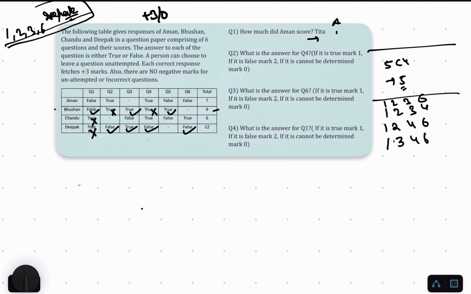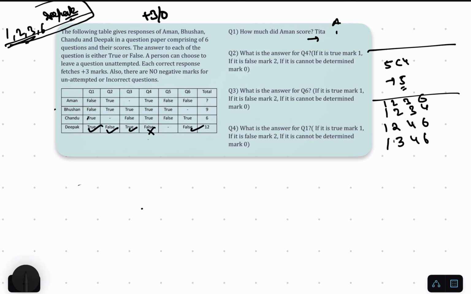So now see, if this is true, this is true, this is wrong. These both are false, so this is wrong. This is true, so this is wrong. We got 4 crosses, no need to check. This case is gone. So we are left with only one case. Okay, and that case is this: 1, 2, 3 and 6 as correct. Okay, so 1, 2, 3, 6 correct.